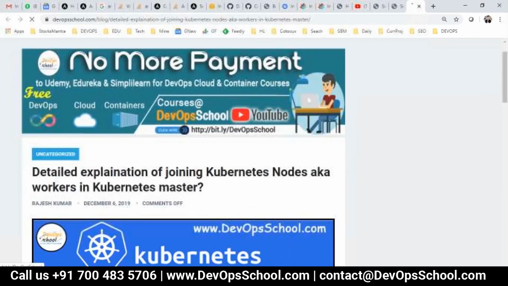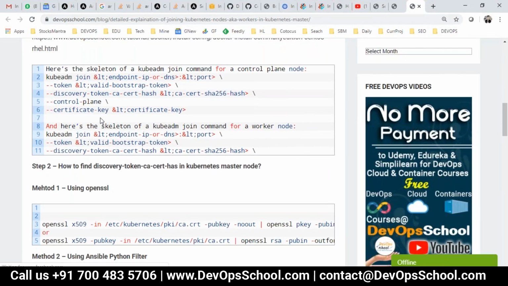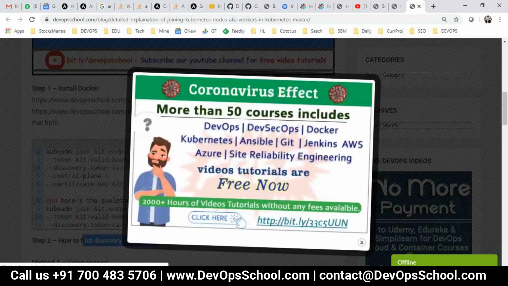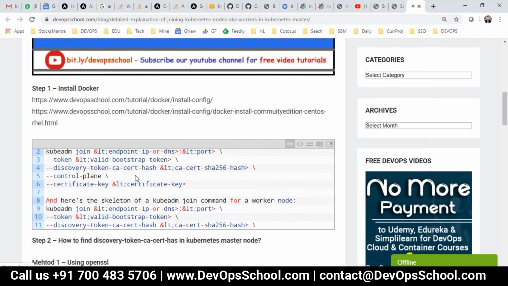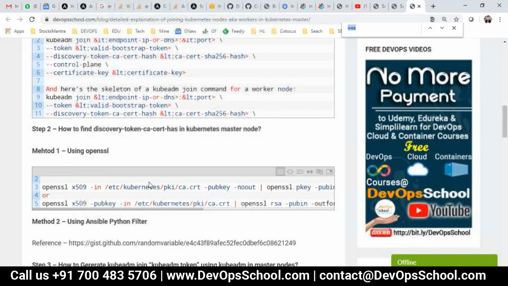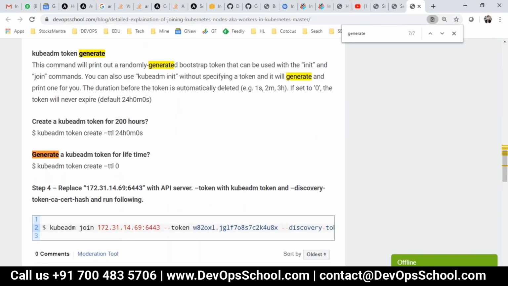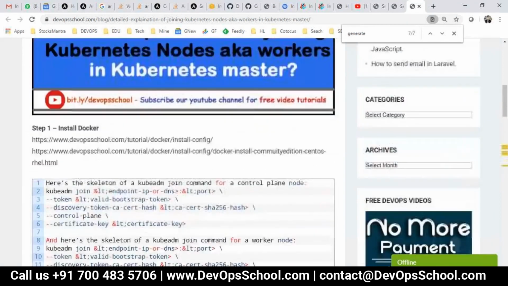Okay, and here do you see this block has been spoiled because of this skeleton.